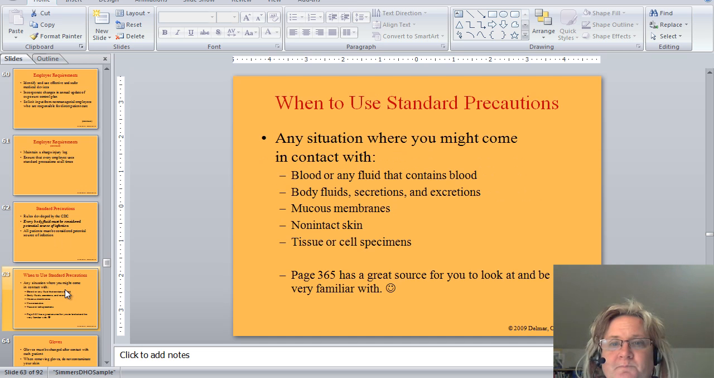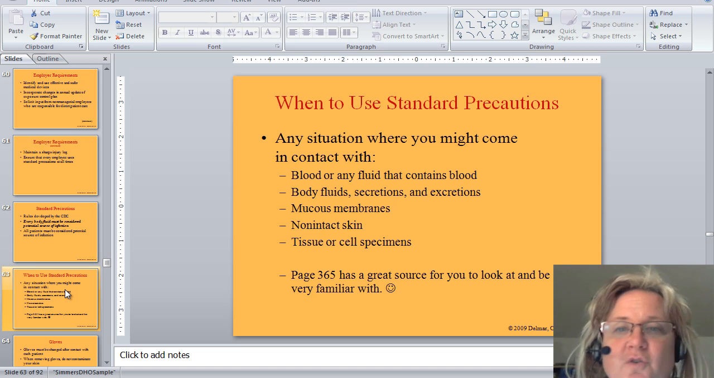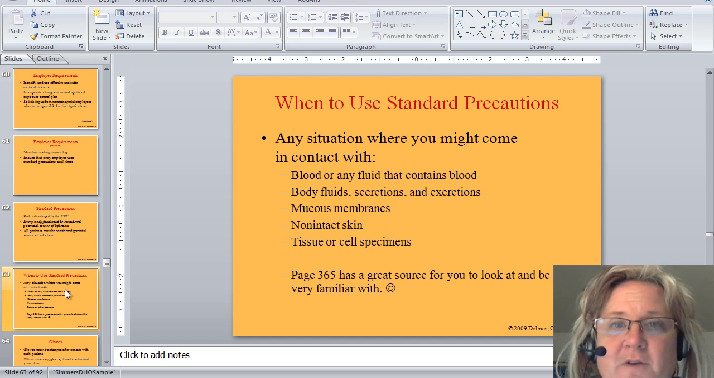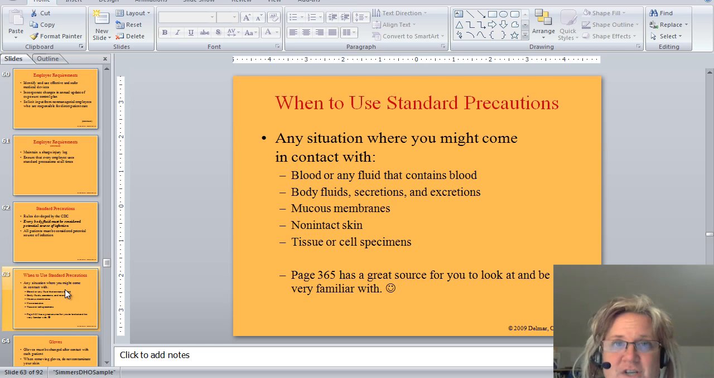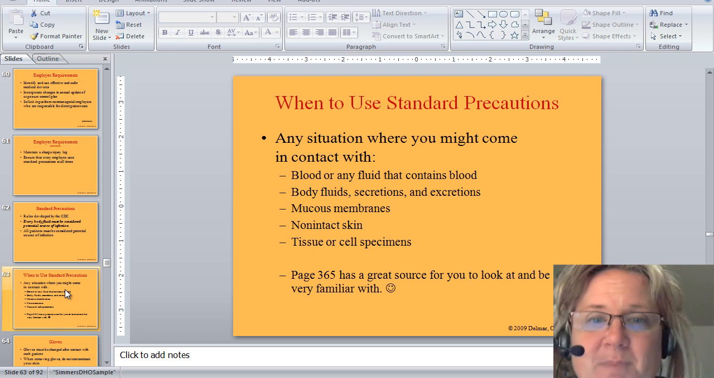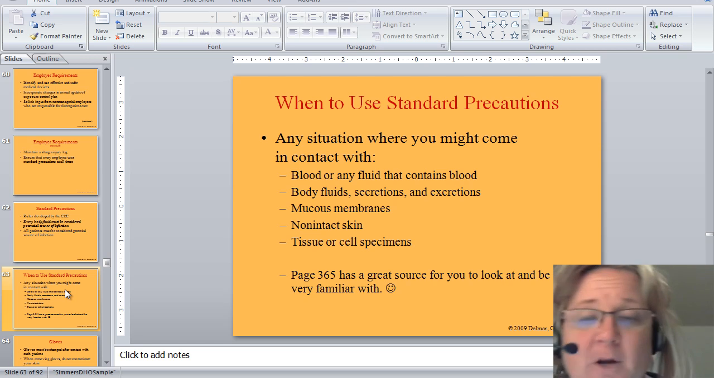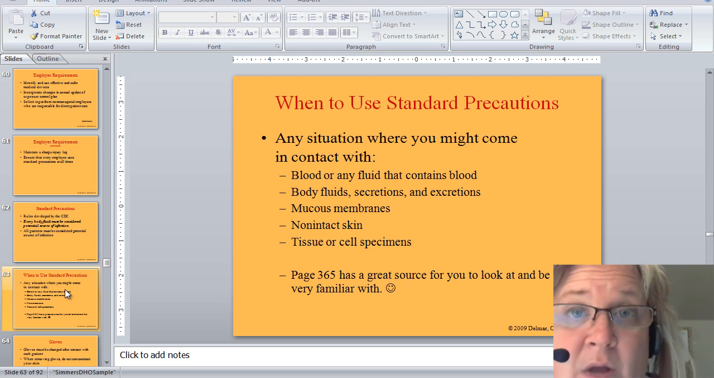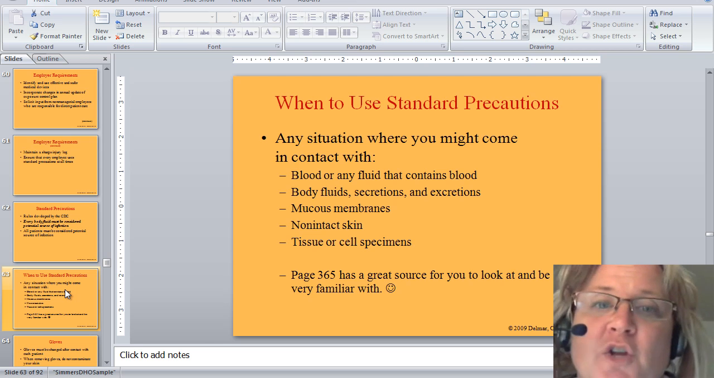In any situation, here are the situations where you're going to use standard precautions. When you come in contact with blood or any fluid that contains blood. Body fluids, secretions and excretions, mucous membranes, non-intact skin, tissue or cell specimens. Okay? And apparently on page 365, there's a great source for you to look at and be familiar with. Okay? You're not going to touch any of these